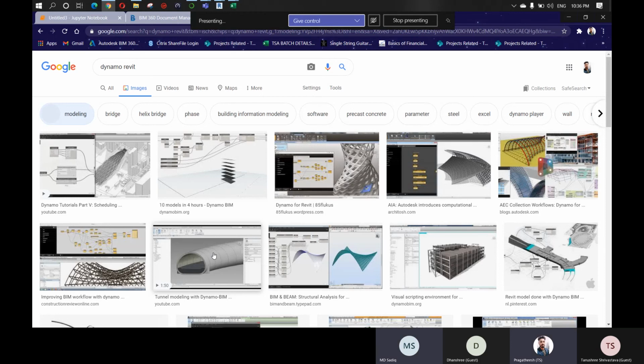Okay, that you have to search. You have to search for what BIM companies are available here, and you have to apply for them. That's it. You have to find all these things. There are lots of websites available. You can search for what companies are using BIM in India.